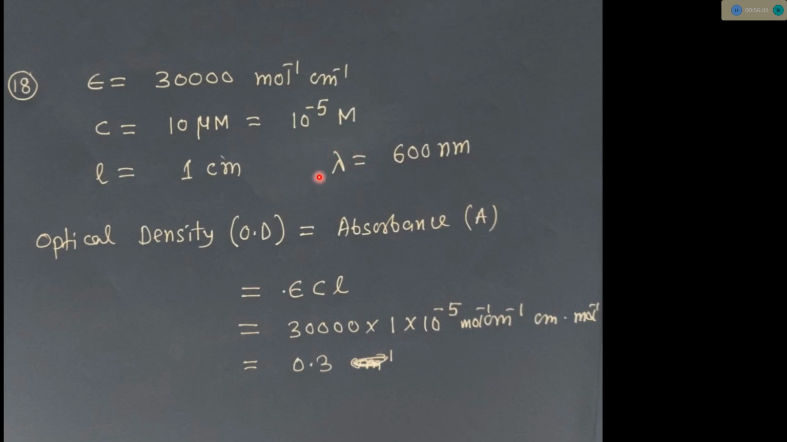nanometer. So lambda makes no difference for answering this question. So optical density is equal to absorbance, we all know epsilon CL, so we'll find the value 0.3. So if we write here 10 to the minus 6 molar, then the answer will become just 0.03. So most people probably made this mistake here. So this is a simple question